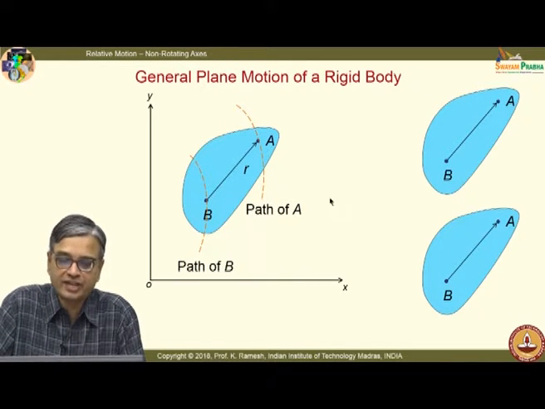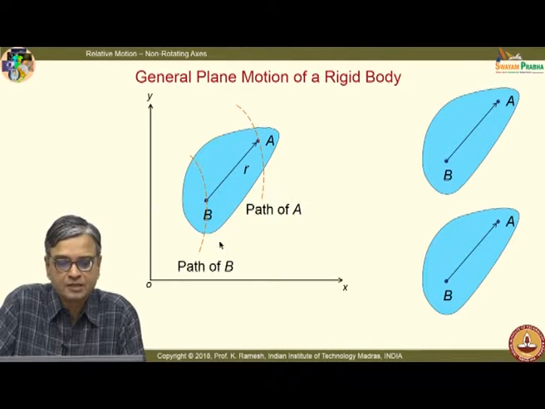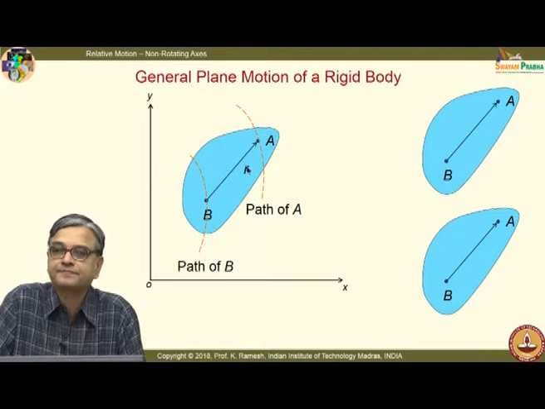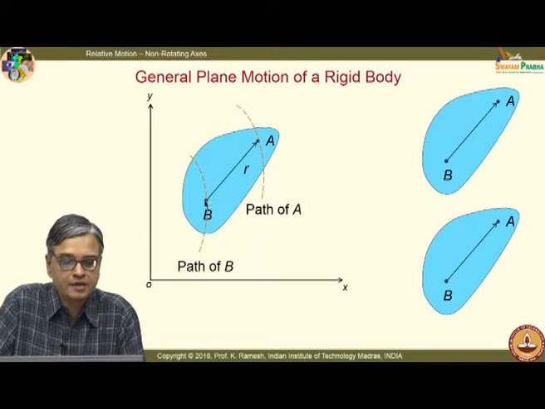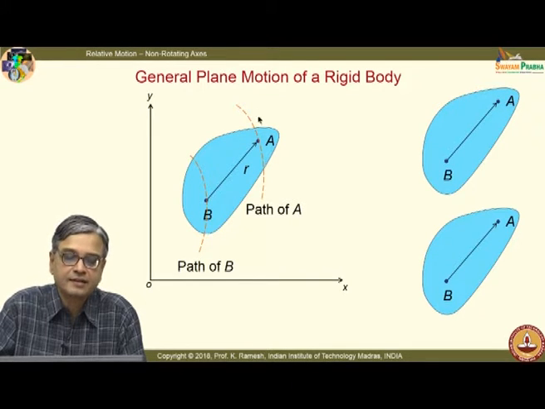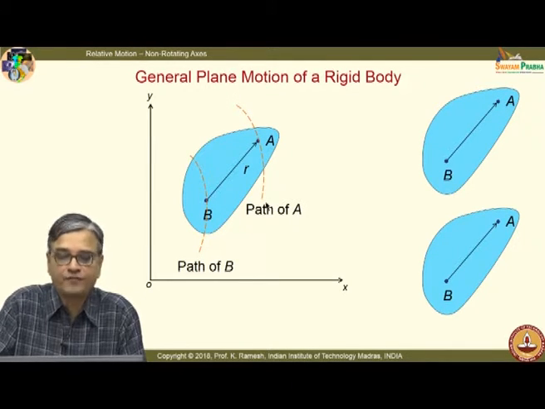Now, make a neat sketch of this object. The shape is arbitrary. So, what I have is an object, a rigid body. I have scribed a line AB, and what I find is, the rigid body has a complex motion, and if I monitor the motion of point B, it has a motion like this. And if I look at the point A, it has another curve of this nature.